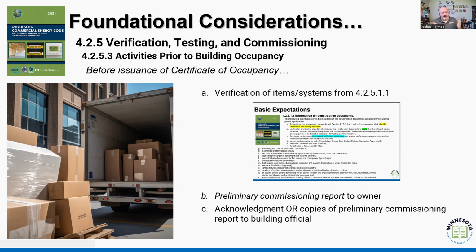That's what we're going to get, because now it's up to that owner to say, okay, does it work? And we've all seen this, right? In residential construction, where's the punch list of things that have to be done versus things that should be done? We've all had that list. Well, I've got a crack here. I've got some paint here. Is this going to create an unsafe building? No. Is it something that contractually you want to address? Maybe, right? That's the difference between the preliminary and the final commissioning report. The preliminary report is going to go to the owner. We're going to either get some kind of acknowledgement, or more likely in my case, I always got a copy of that preliminary commissioning report that says, hey, the boiler works, right?